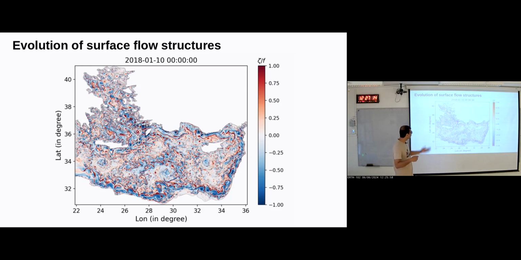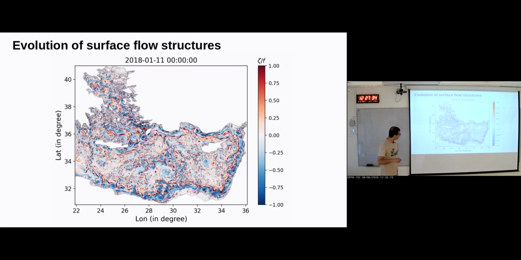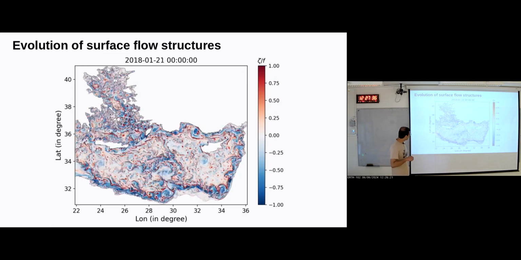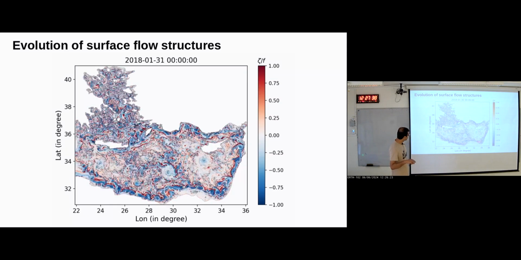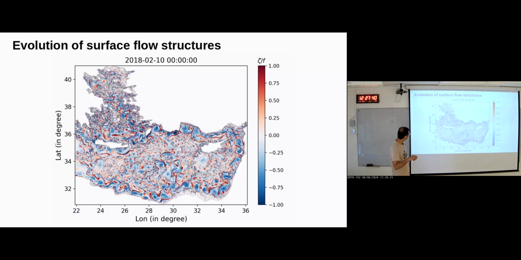So before we jump into the results, here we visualize the flow structures by plotting vorticity near the surface. This is region 2, right? The model. This is the 1 kilometer. 1 kilometer. Yes. Yeah, 1 kilometer model. So as we can see in this animation, we can clearly identify a boundary current going